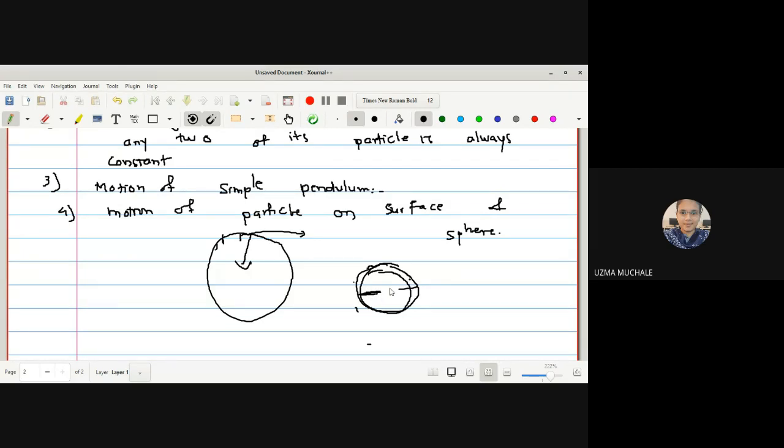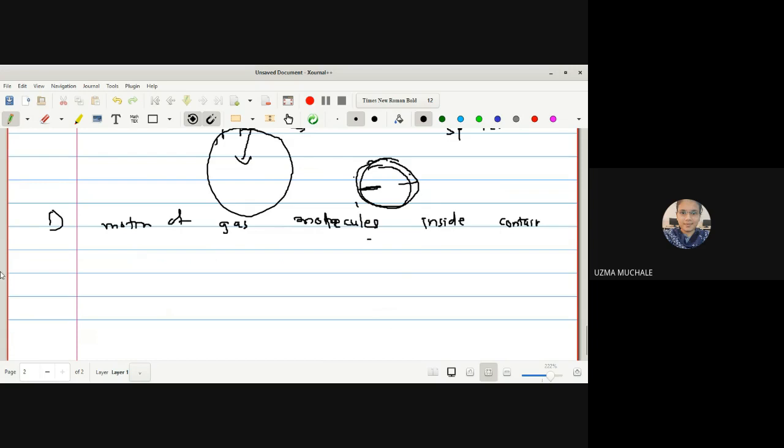In a very similar way, we can have the motion of a gas molecule inside a container. So what is there in the motion of a gas molecule inside the container? Suppose we know about the LPG gas cylinder which is available in our home, liquid petroleum gas. Actually it is liquid in your gas cylinder, right? And if you remember,